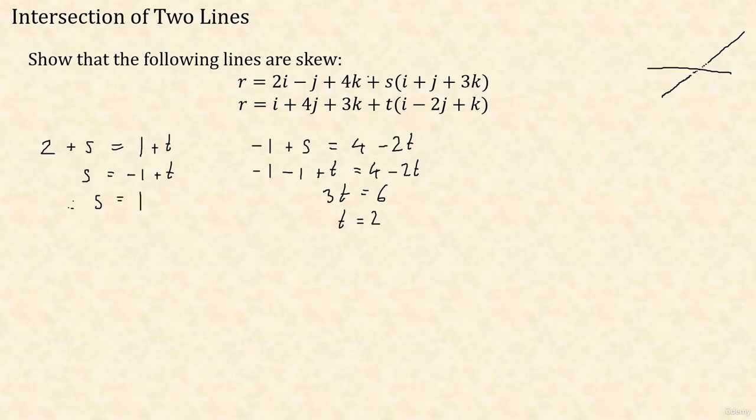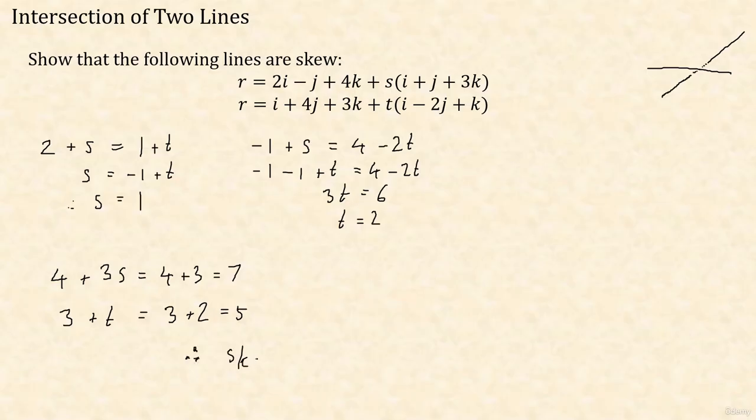So for the first line, we get 4k, so the k coordinate is 4 plus 3s. And what is that? That is 4 plus 3, which is 7. For the second line, its k coordinate is 3 plus t, because it's t times 1k. And when t is 2, that is 3 plus 2, which is 5. So in this case, these are not the same. Therefore,